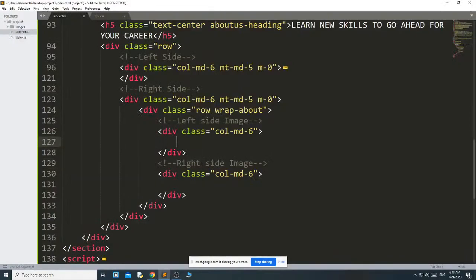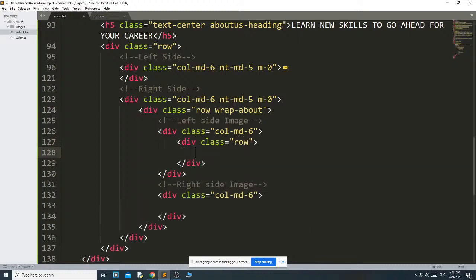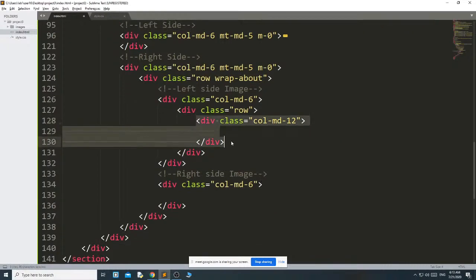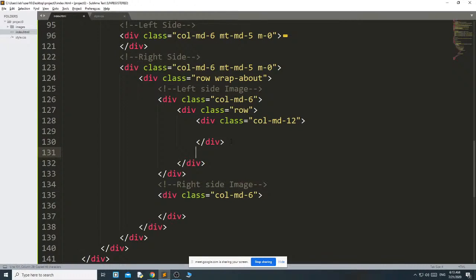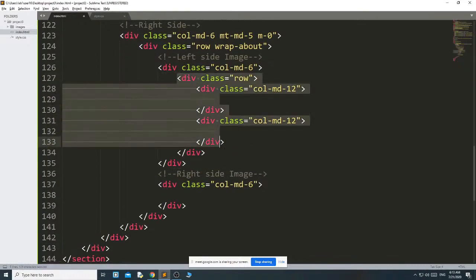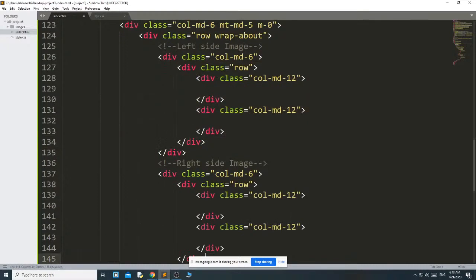Then in left side again div class row, inside that div class col md12. Okay, one first image, second image. The same thing you can copy and paste.